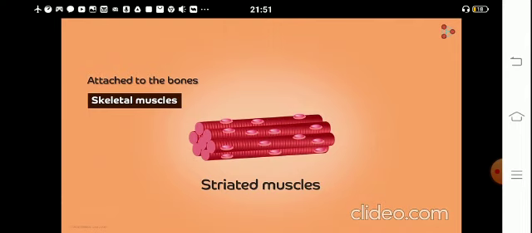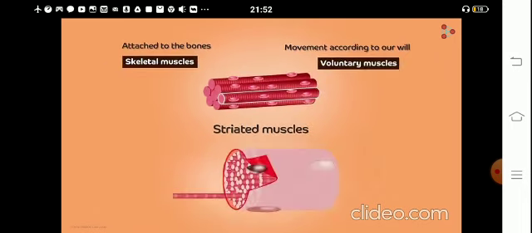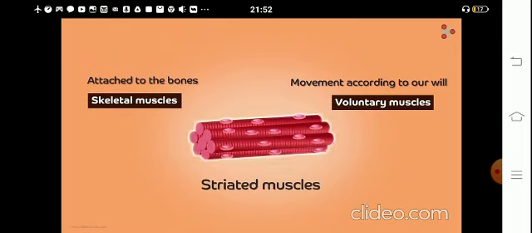Also, when we say attached to the skeleton, it means they help in movement of our hands and legs along with locomotion. So can we say that their action is carried out according to our will? Absolutely. And that is the reason why we also call them the voluntary muscles. Thus, striated muscles are called skeletal muscles and voluntary muscles as well. These are found to have a typical cylindrical structure due to wrapping of the long muscle fibers together. These are usually unbranched and multinucleate in nature.